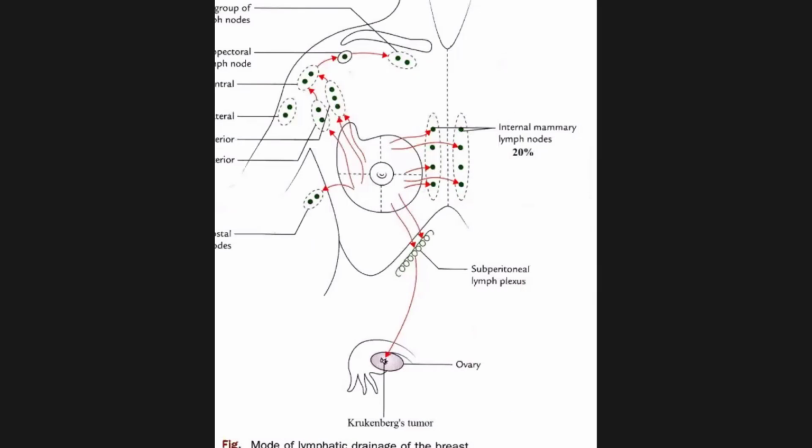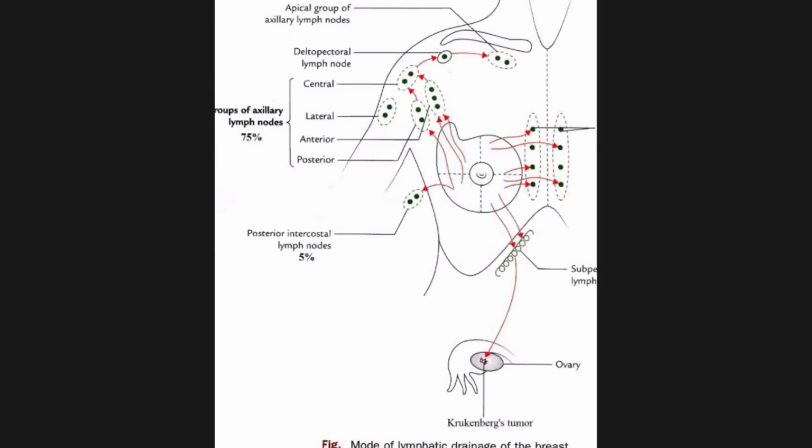Upper medial और lower medial. Upper medial और lower medial ले कहाँ drain गर्छ? Internal mammary lymph nodes मा. So if you divide the mammary gland into four quadrants, so four quadrants are upper lateral, lower lateral, upper medial, lower medial. So upper medial to lower medial drains into mainly the internal mammary lymph nodes. Upper lateral and some part of the lower lateral drains into the axillary lymph nodes.